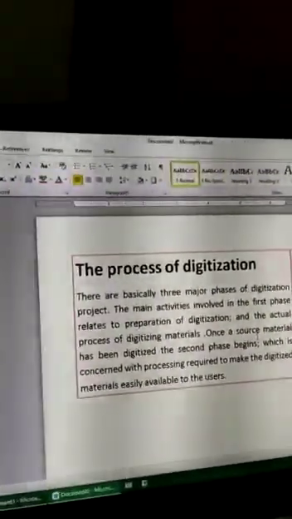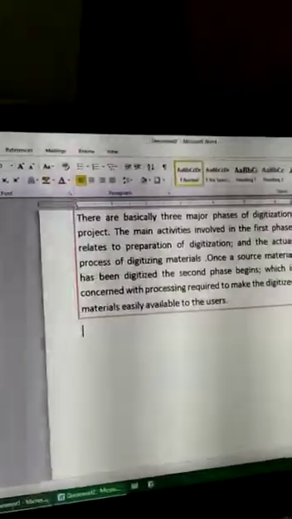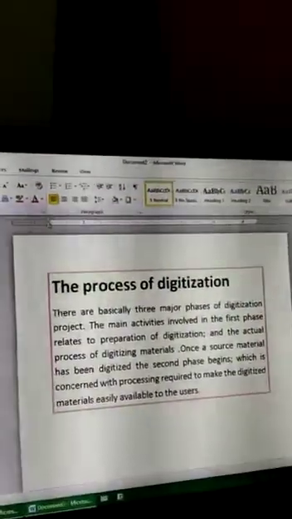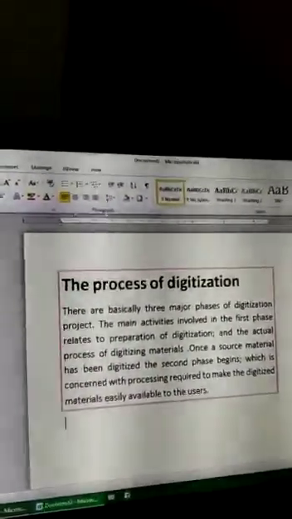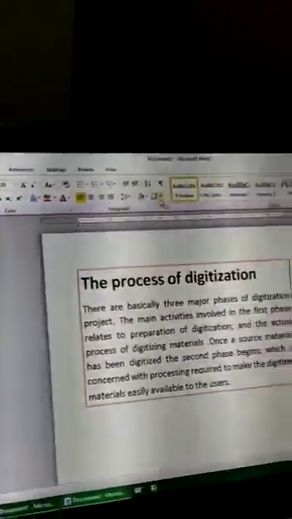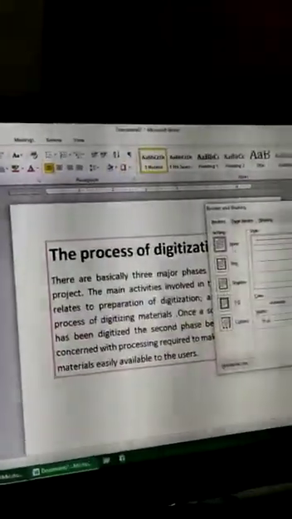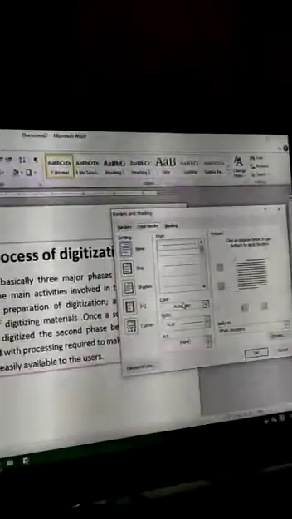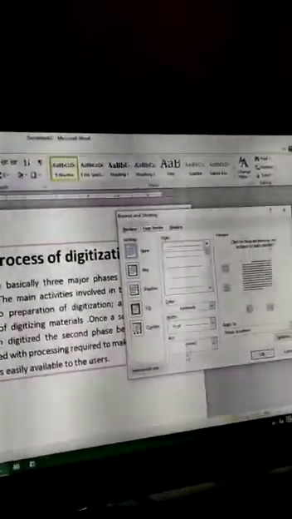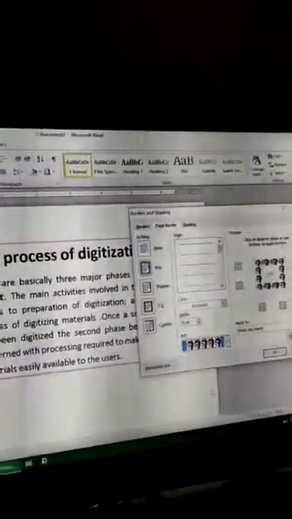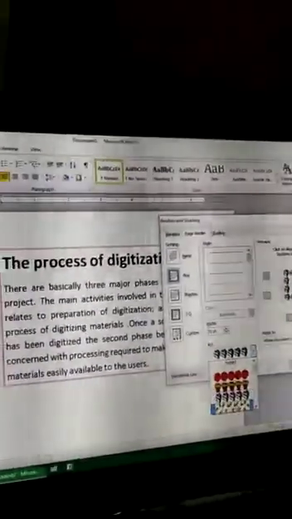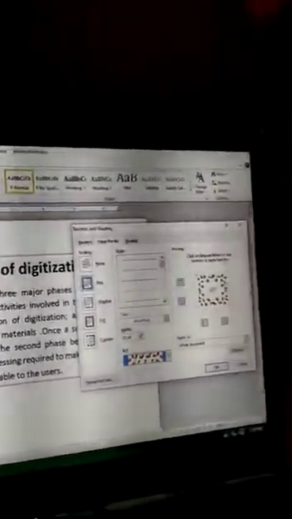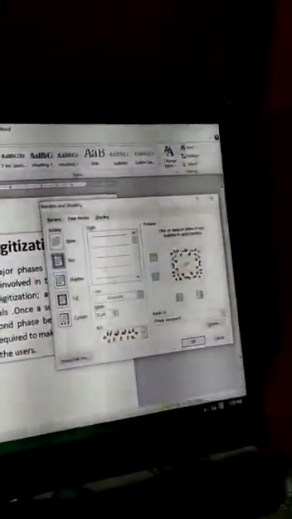If you want to apply a full page border, this one is our page number 1. I am going to apply a full page border. Then click on the Home tab. If you are in another tab, just click on the Home tab and click on the border and shading option. Click on border and shading, click on page border. We will find the same line style, color, width, and one more thing you will find: art. These are the border styles. If I select this, then all the pages appear with this style. Otherwise you can select a normal box or normal shade, as per your choice.